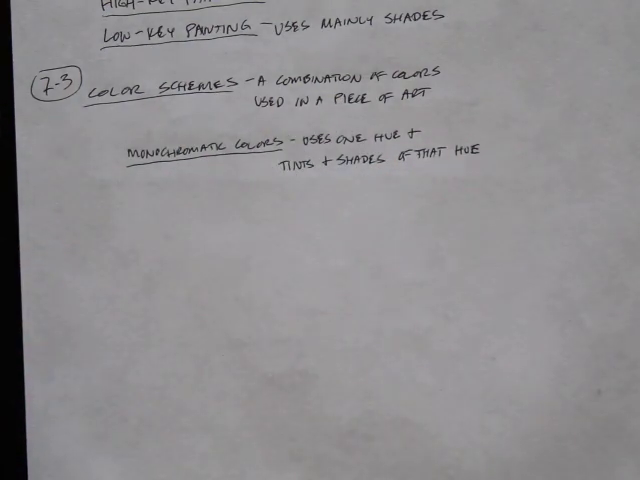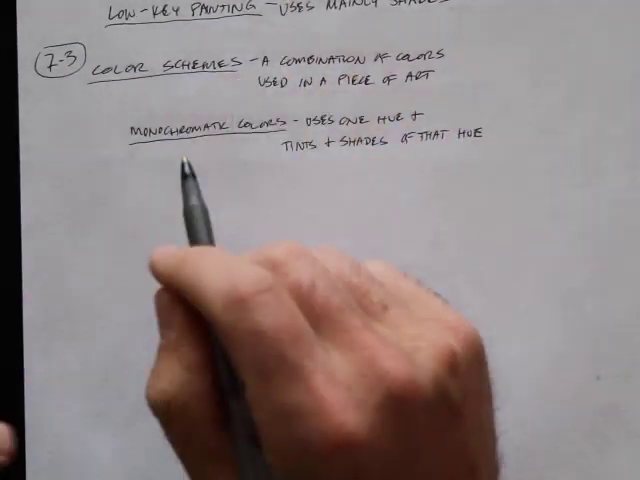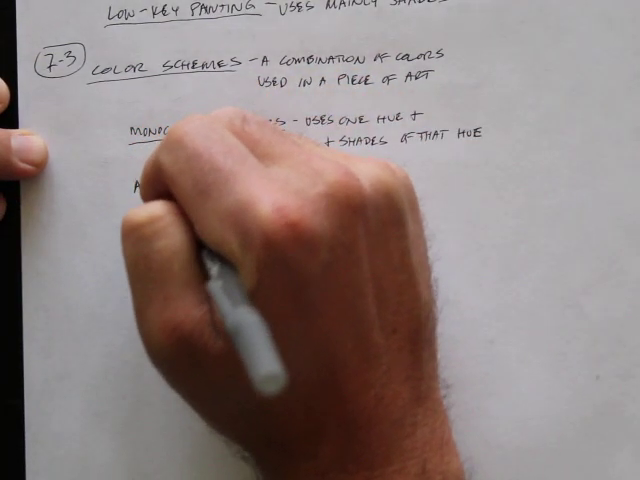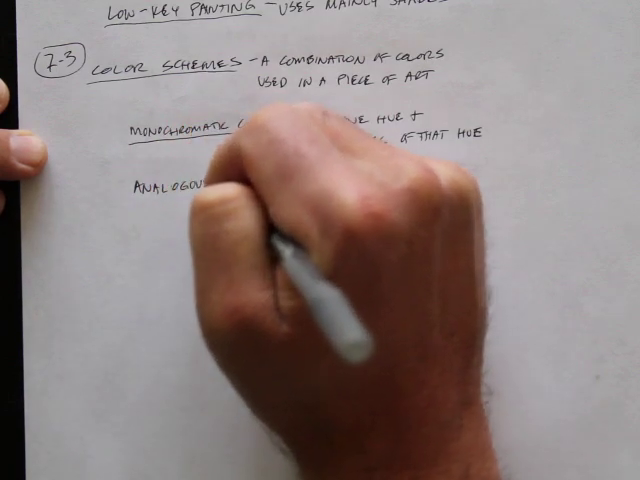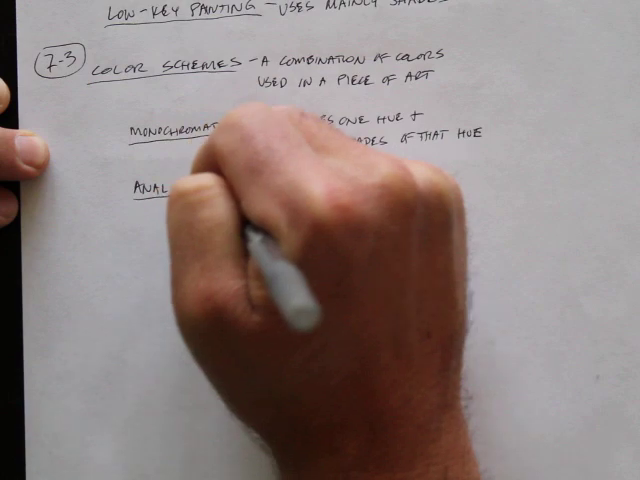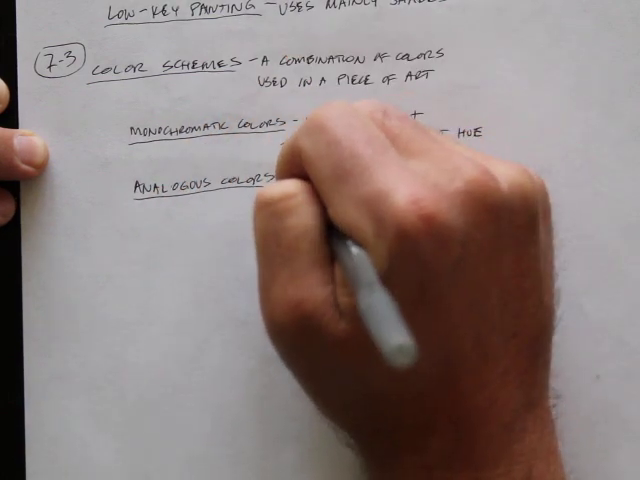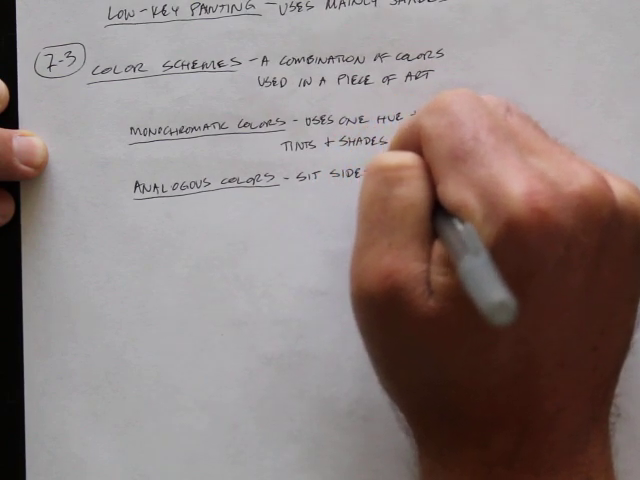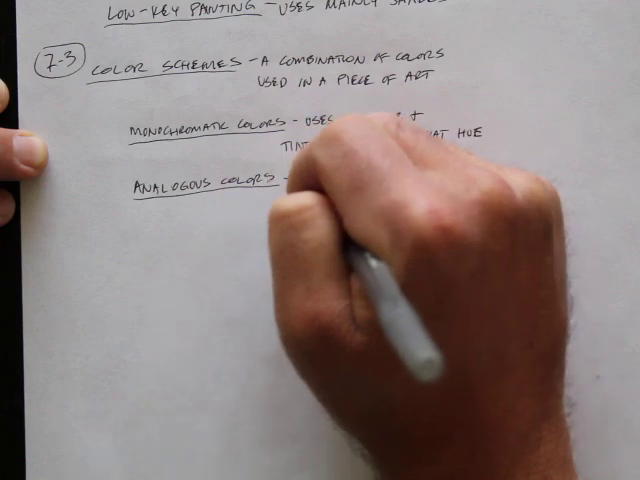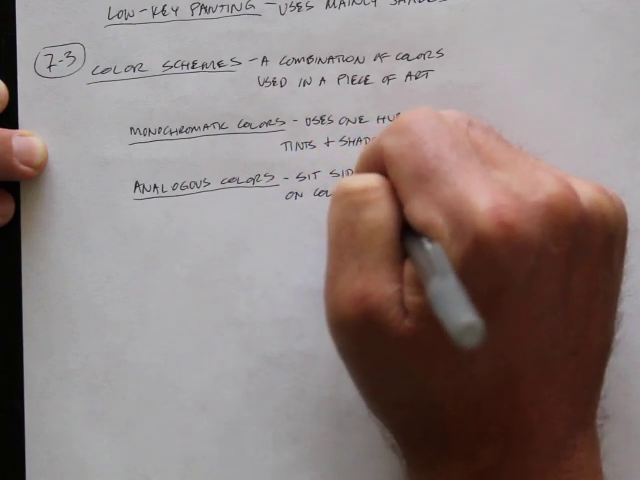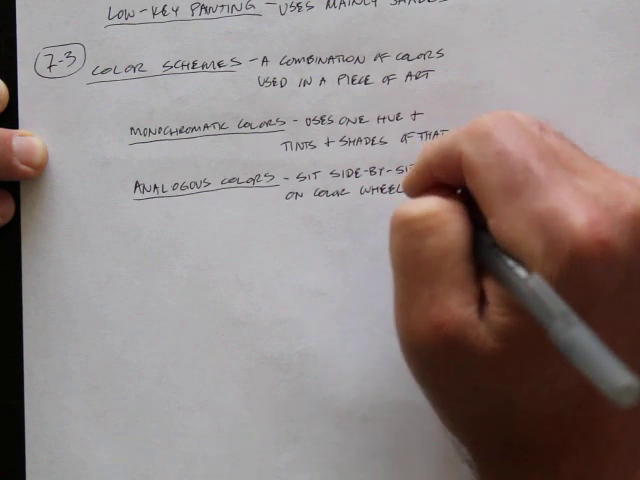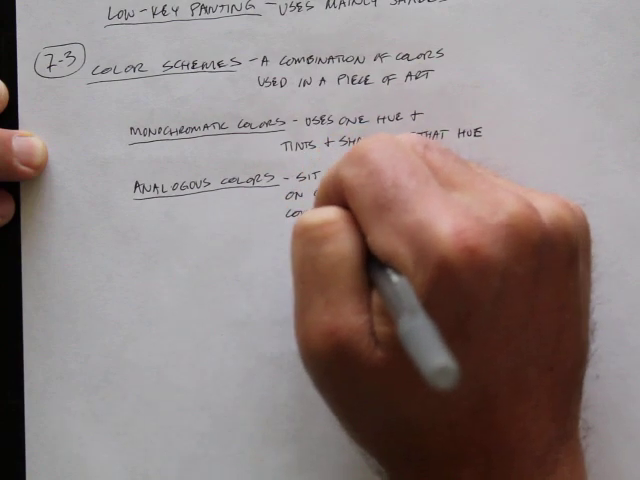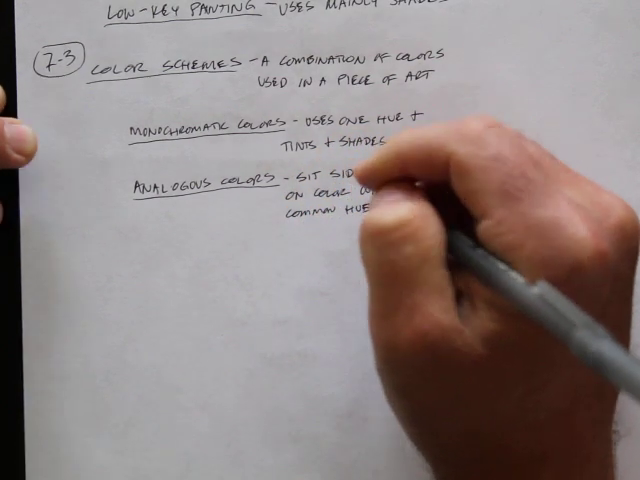We have 5 more color schemes to look at. So analogous colors. These sit side by side on the color wheel, and they have a common hue. So analogous colors,